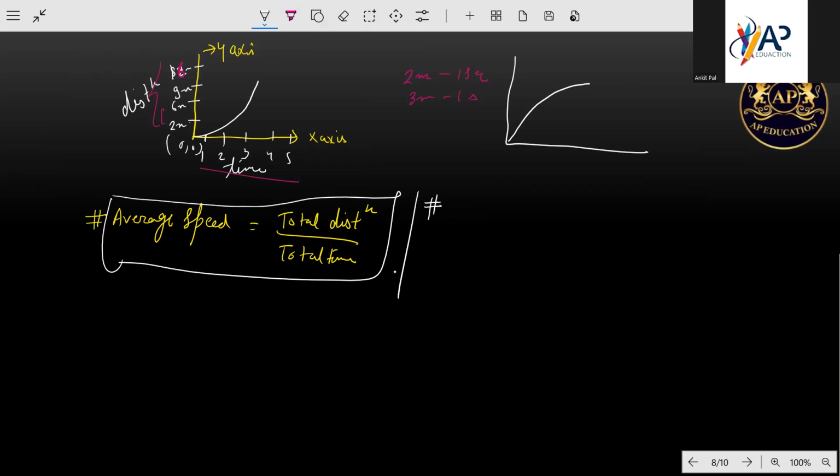Now we discuss instantaneous speed. Is there any doubt regarding average speed? No. Instantaneous speed,